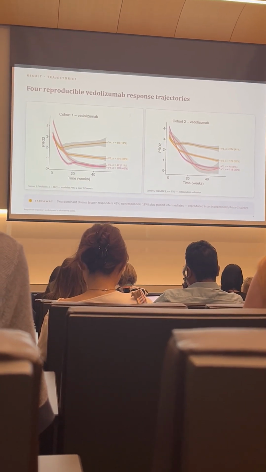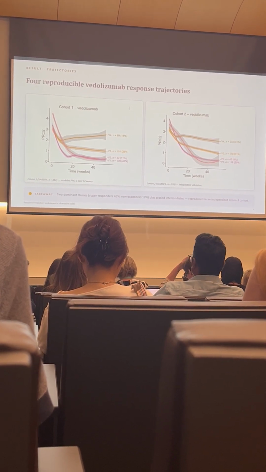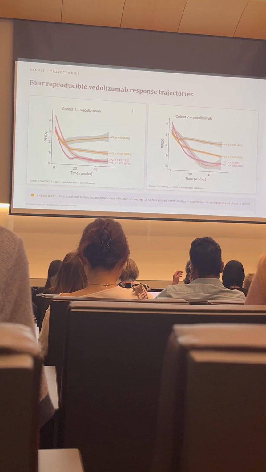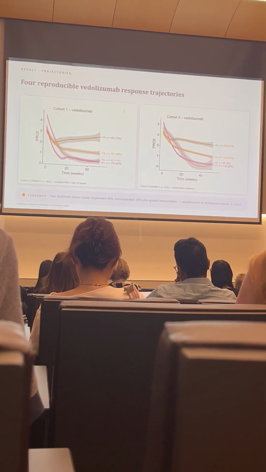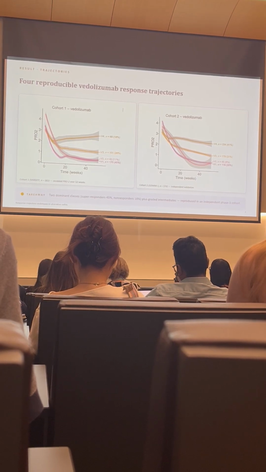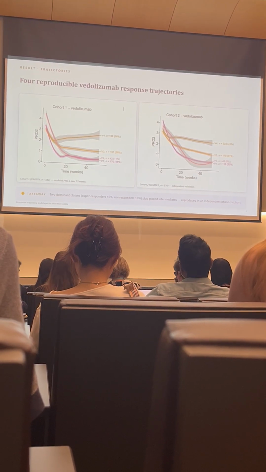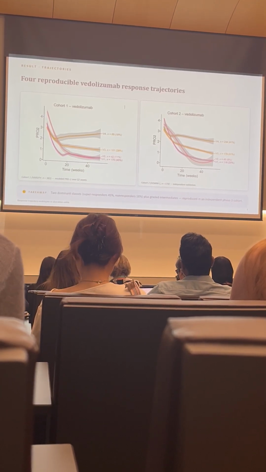So these are the 4 reproducible vedolizumab response trajectories. How do we do this? We use group-based trajectory modeling, modeled on patient symptoms. So really simple: rectal bleeding, how much blood are you noticing in your stool, and stool frequency. So 2 regulatory accepted endpoints. And what we did is we allowed the patients to cluster out into subgroups, and we found in the first data set